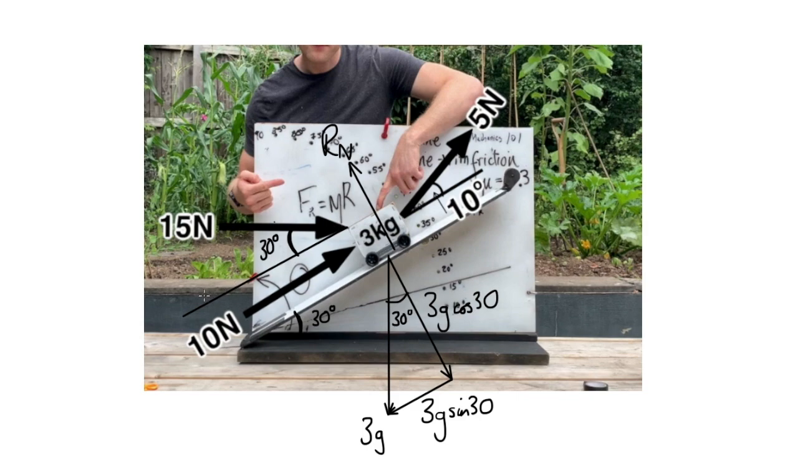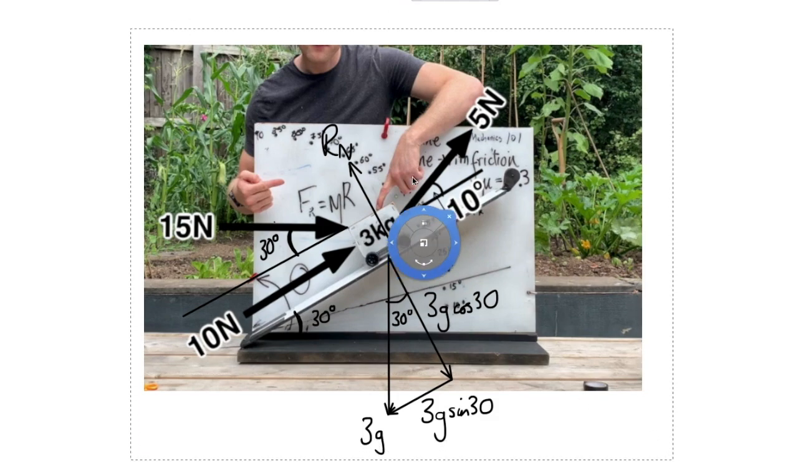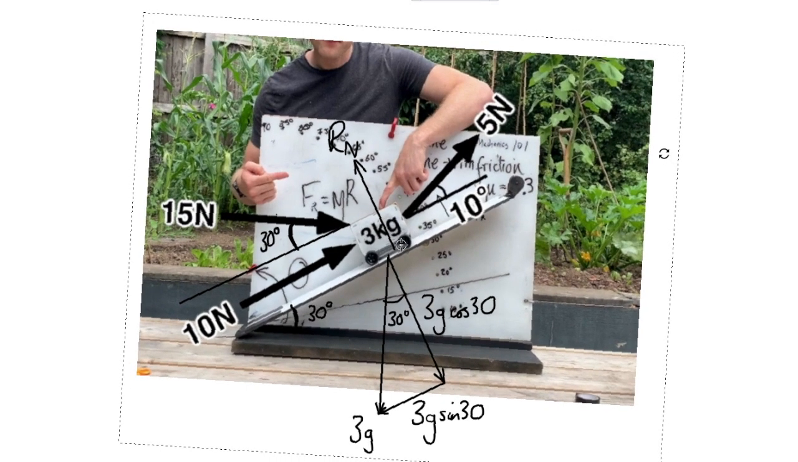Now what we're going to do is consider this whole thing, and we're only going to consider the forces parallel and perpendicular to the slope. Just to help you get your head around this a little bit, I'm going to rotate this whole diagram so that the slope is horizontal. I'll show you what I mean. So if I rotate this round,